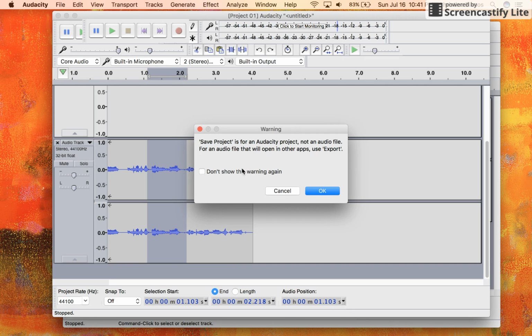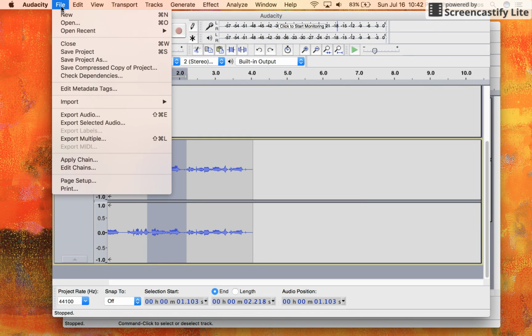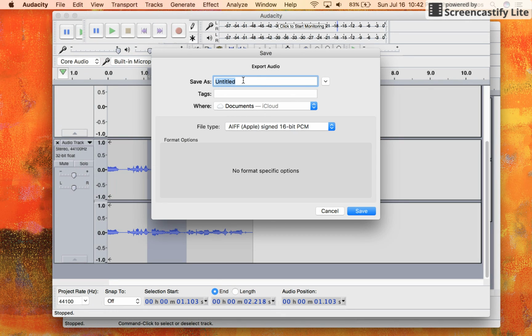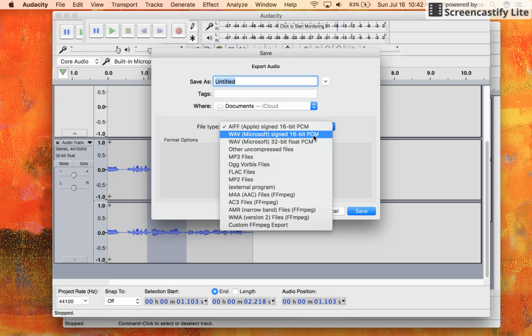One would be for editing it in the Audacity program, and one would be for exporting it as an audio file. And then there's where you can name it, choose where it goes, and the type of file that you want it to be saved as. Generally, you would save as a WAV or an MP3.